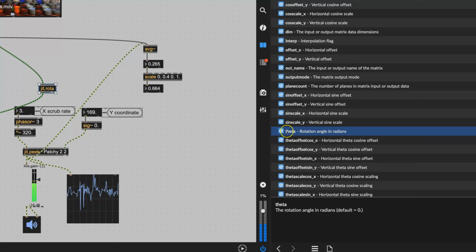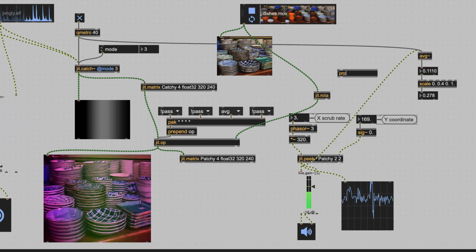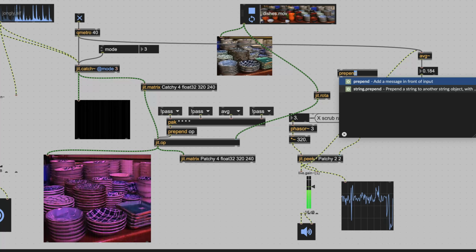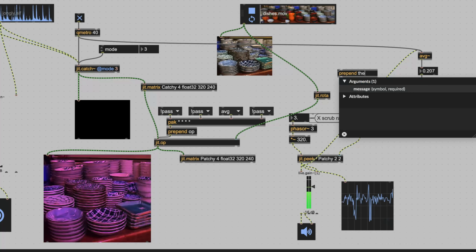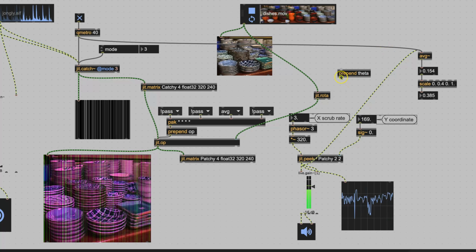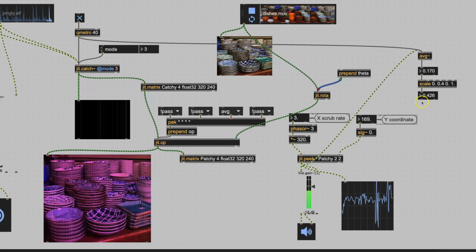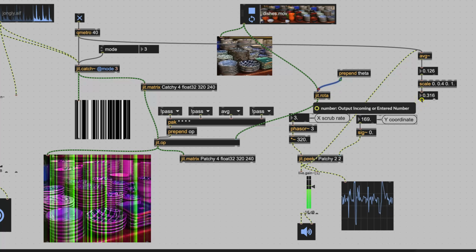I may have to stop and do some quick research, but we know what the word is, which is theta. So we can say prepend theta. And if we run that into jit.rota, and then we connect this to it,